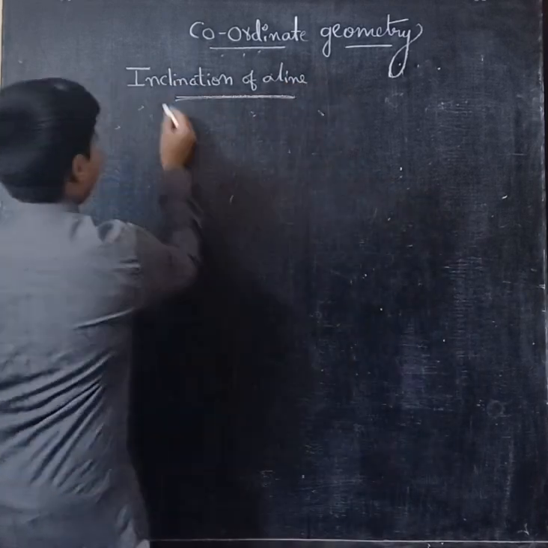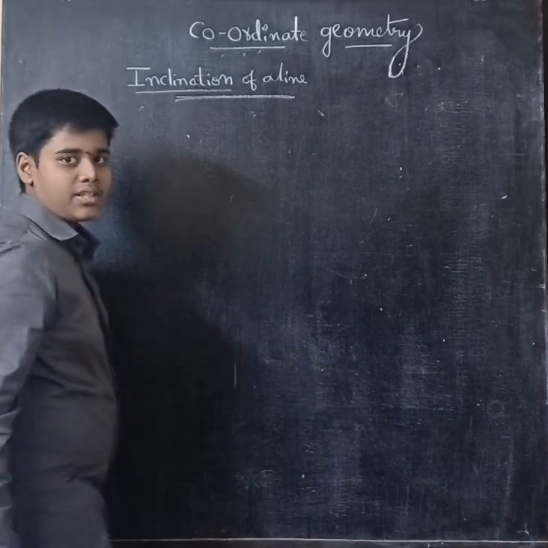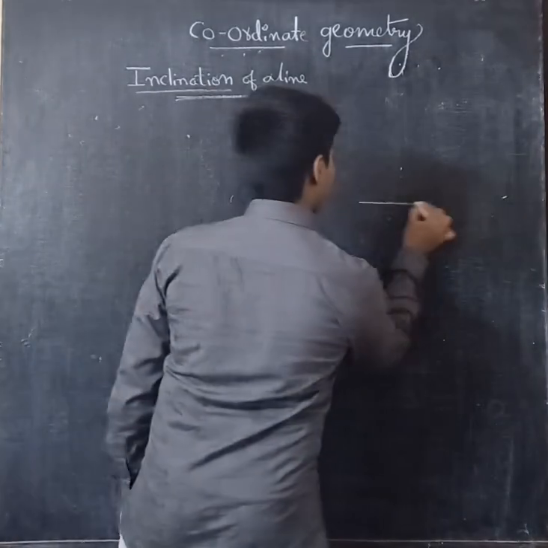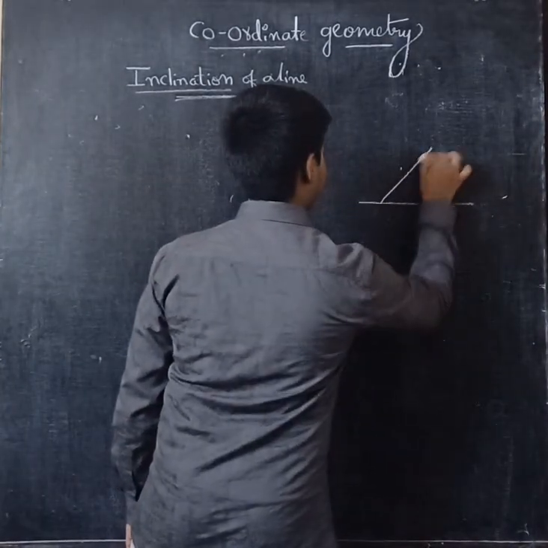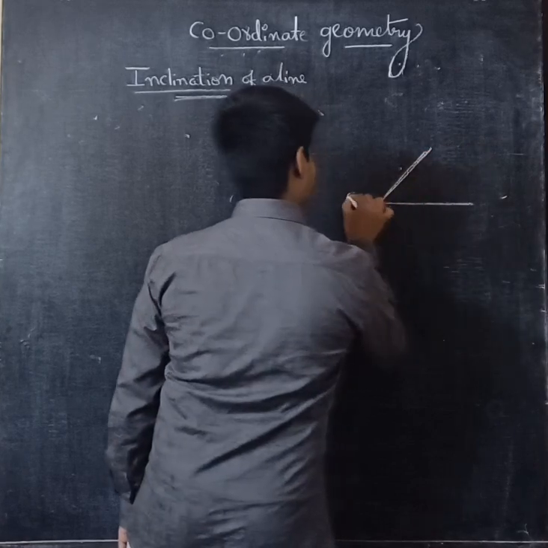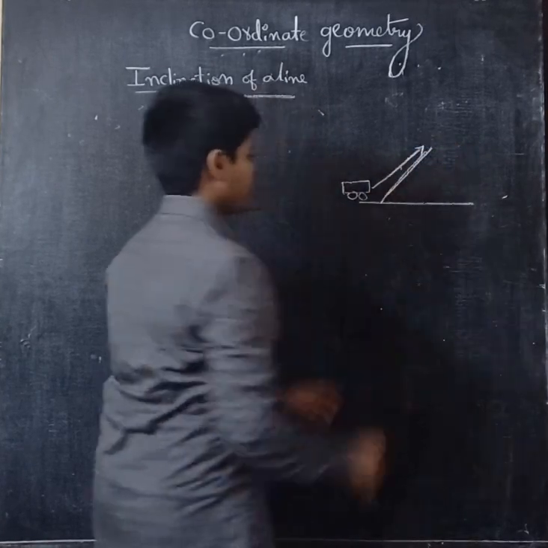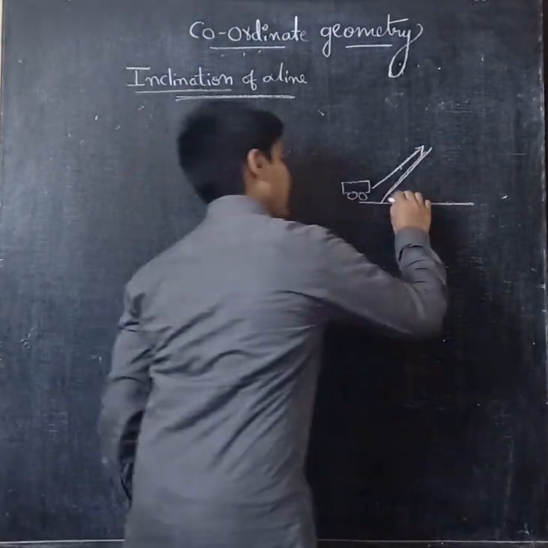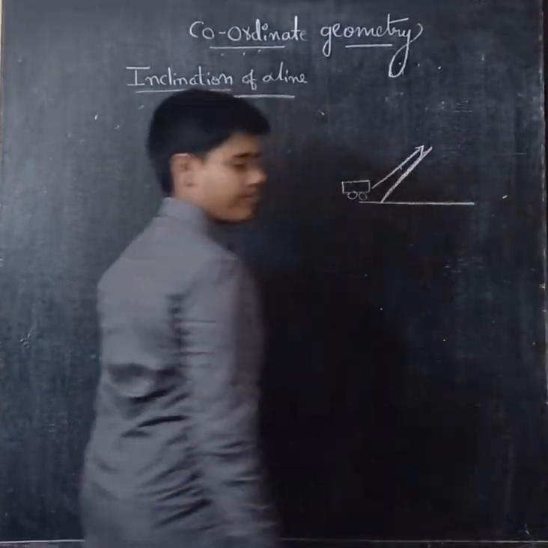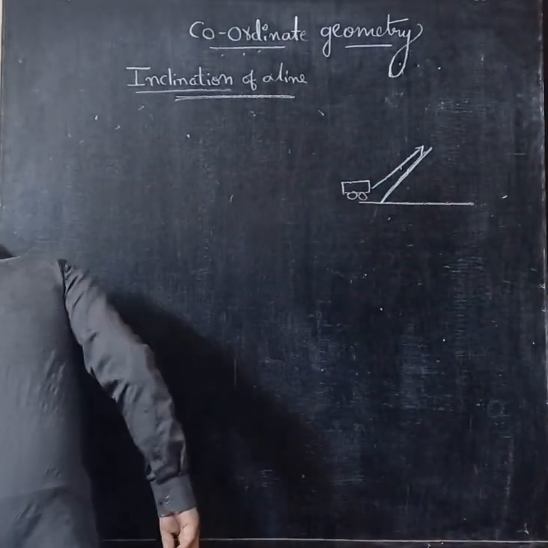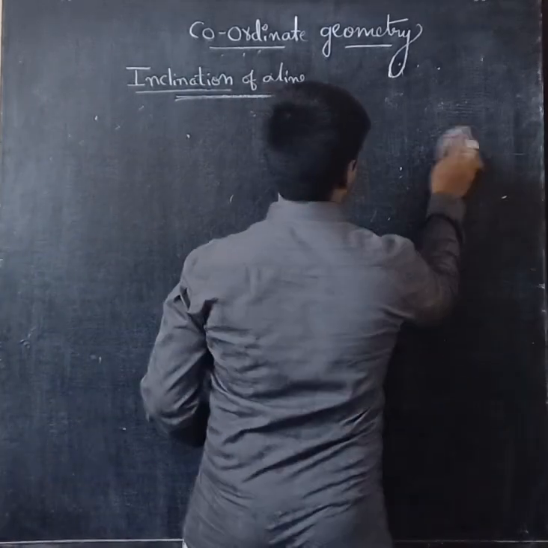So do you know what is inclination? Inclination means, like this, if there is a ramp for a car, we are moving like this. This is me inclining to a ramp. Okay, so like this in a coordinate axis,